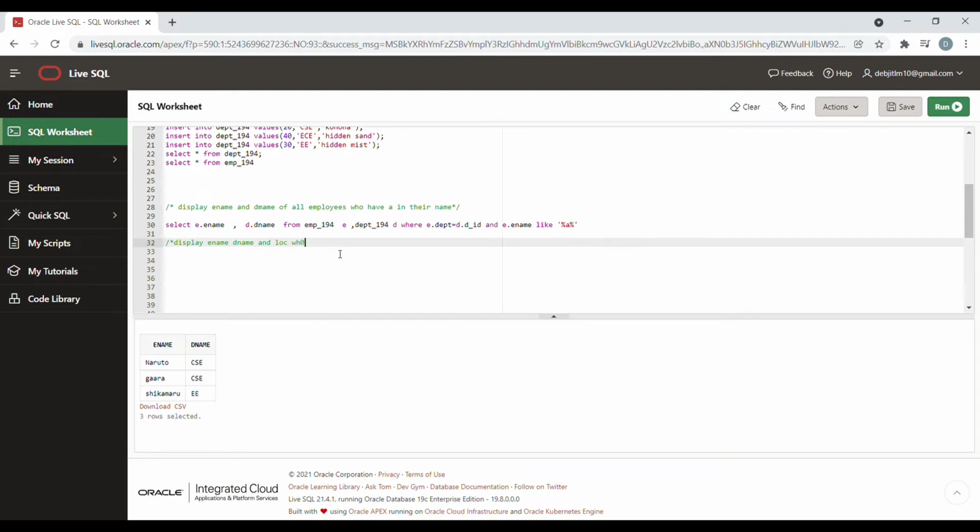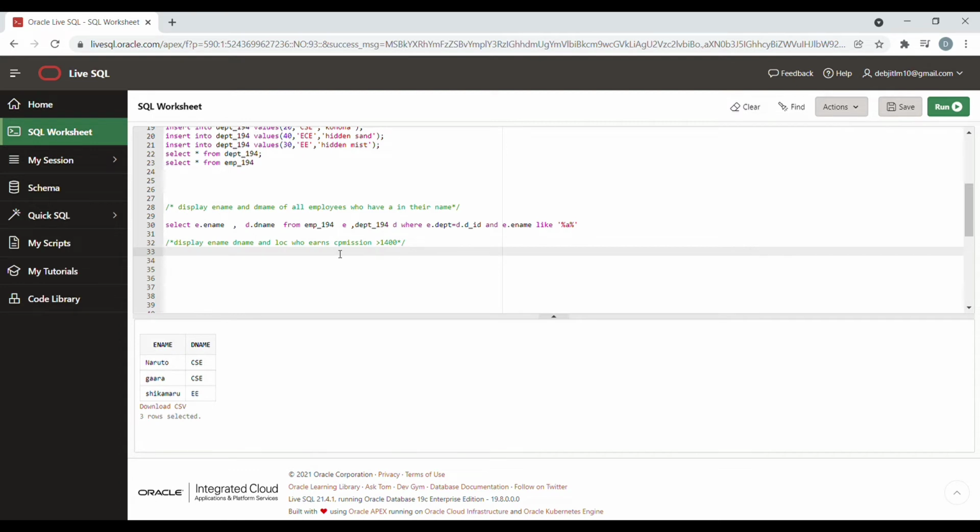Now let's see a different question. We will show the ename, dname and location of all the people for whom the commission is greater than a certain value. I will write 1400, according to my table and the data which I have entered. Here also we need to join the tables first, because we are comparing the commissions of the employees table, and I will be showing the data of both the employees table and the departments table. So there are two tables we are working with, and we just need to do something similar to the previous one.